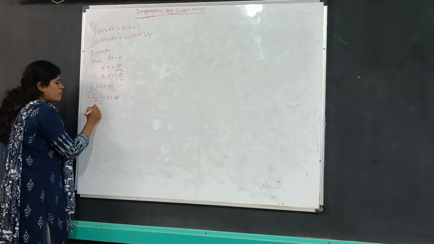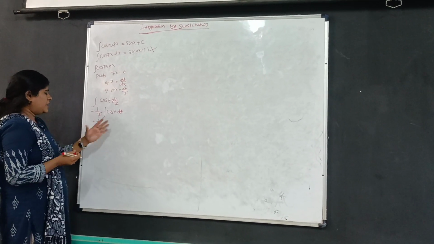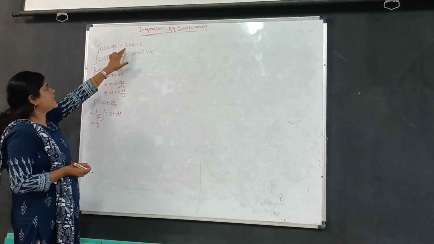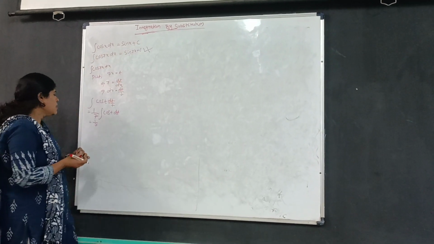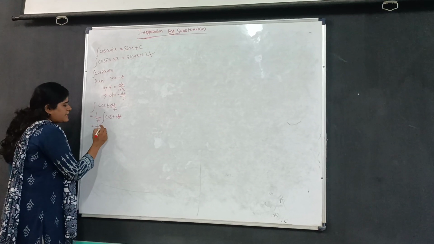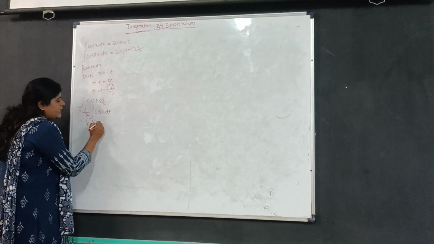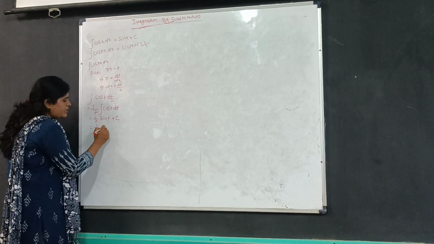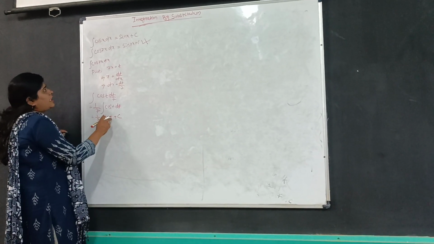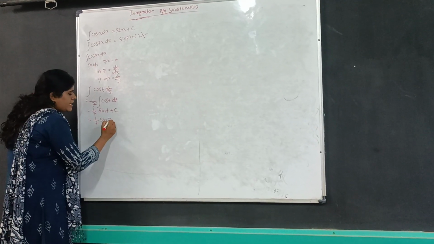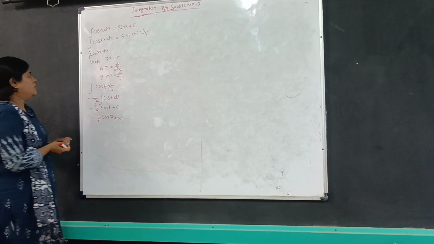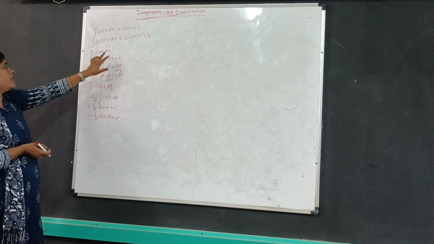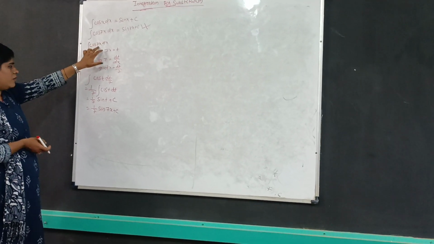which is equal to 1 by 7 integration of cos t dt. We already know that the integration of cos x dx is equal to sin x plus c. So the integration of cos t is sin t plus c, which is equal to 1 by 7 sin, where t we substitute 7x, because the integration is given in the variable x.